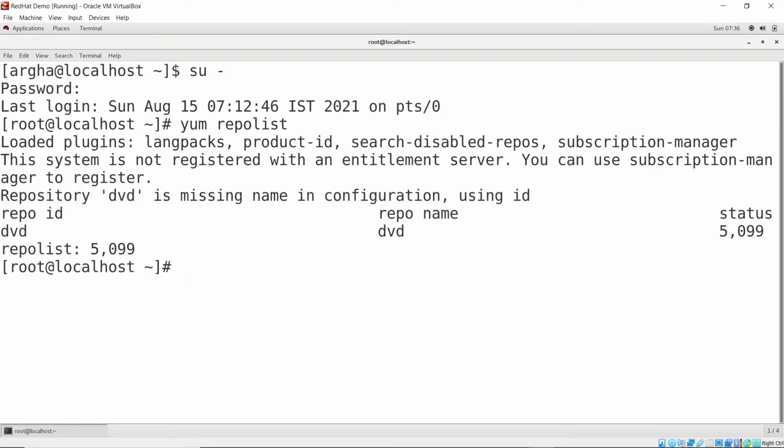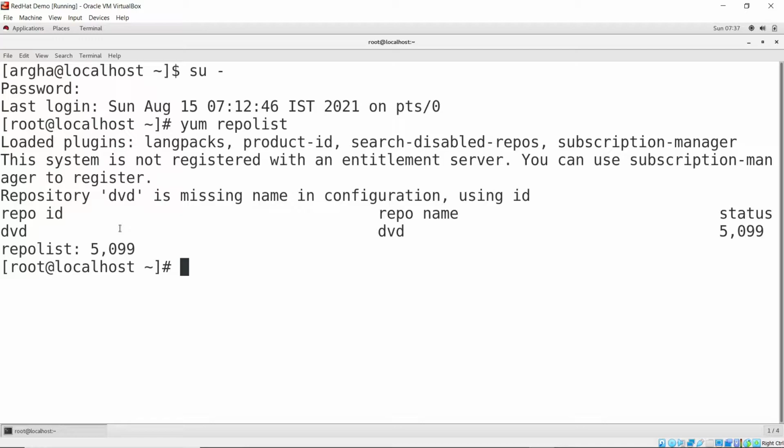By running yum repolist we can check our repo list, and here we see that only the DVD is added. If you have watched our previous videos on Red Hat and VirtualBox, you know how we added this DVD, which is basically the ISO file that you use to install your Red Hat. Even if you didn't add this DVD, you won't be seeing this. But in today's video, we will use another repo, called EPEL release.